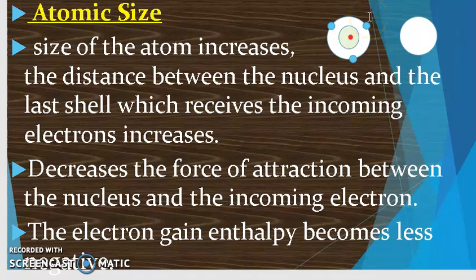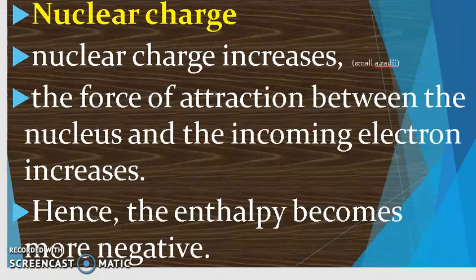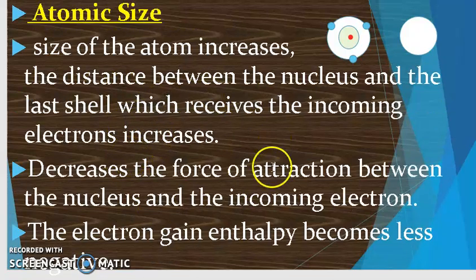So here what is happening, if the force of attraction is less, it won't attract the electron from this atom, so the electron gain enthalpy becomes less negative only, not a more negative gain enthalpy. Okay, so this is what happens with the atomic size. Let's go and check with the nuclear charge. So what we have to conclude is that atomic size is not the correct property to enhance, from left to right in the period of halogens, a more negative gain enthalpy.